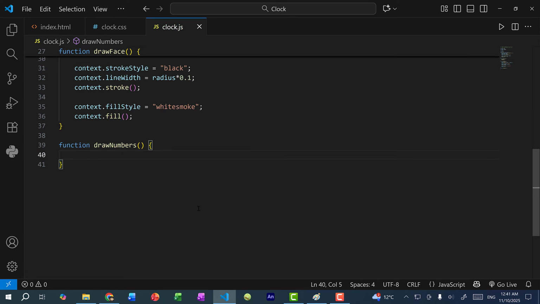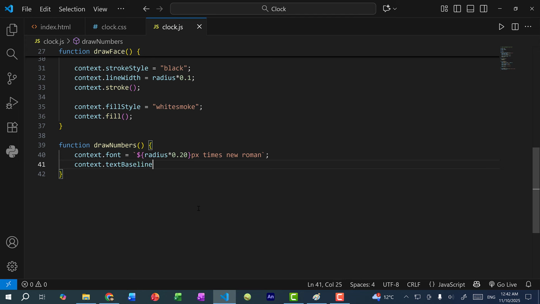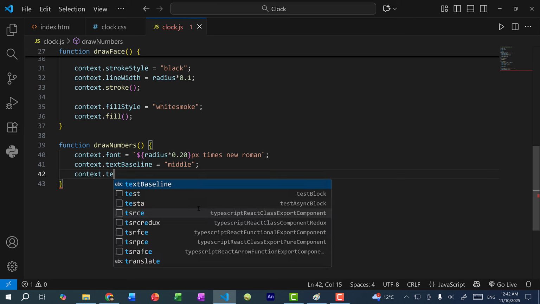So for drawing the number, we need to do context.font. So we need to specify a font. And here I'm going to use the backtick so that I can use string interpolation or injection. And so the font size is going to be 20% of the radius. So this is going to be pixels. And we need to specify a font. So I'm just going to do Times New Roman. Let's also add context.textBaseline, and I'm going to set this to middle, and context.textAlign